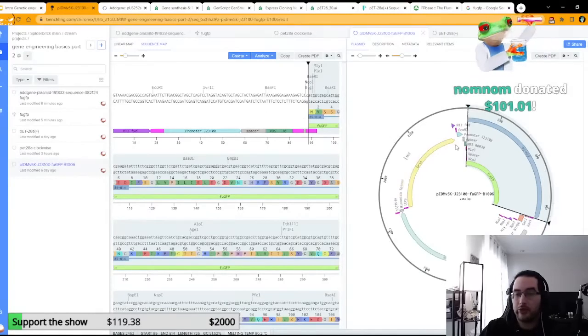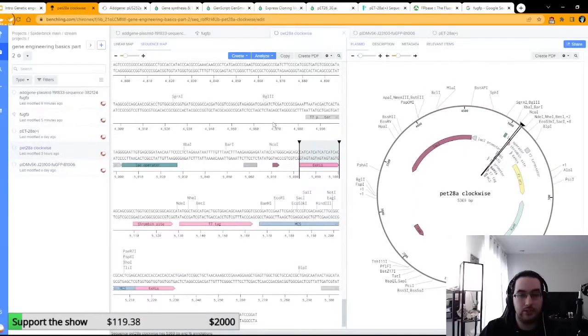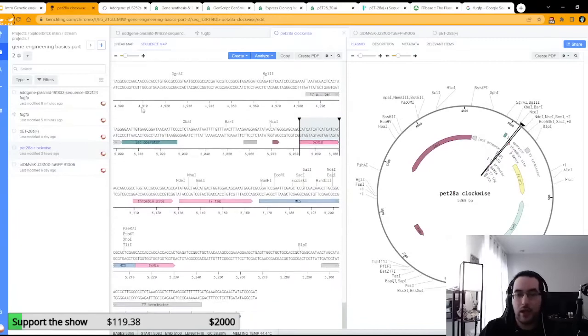So this code is clockwise, like a sane person, because, you know, clockwise is just easier to read. So generally, if you can, set your DNA to be clockwise. If it's counterclockwise, it's just so awkward. And we're going to talk about how to have this printed, by the way. So just to answer Origizal's question, yes, all of this can be printed, and I'm going to show you how to do that as we're done coding this. But anyway, so if we look at PET28 that I've made clockwise,